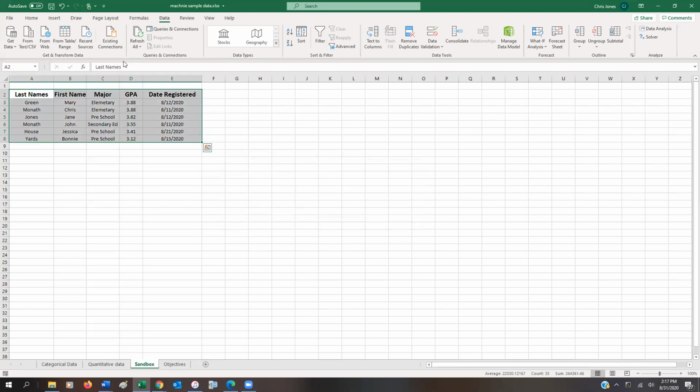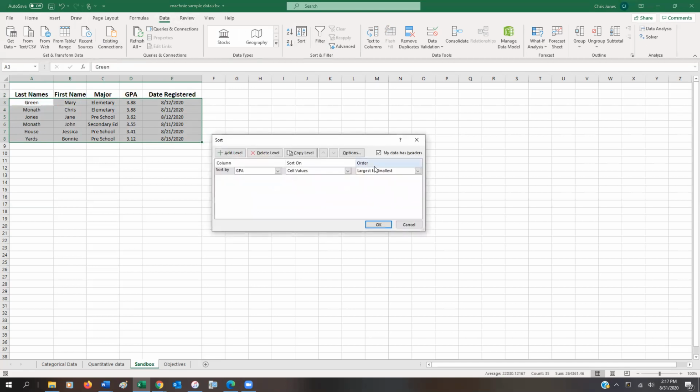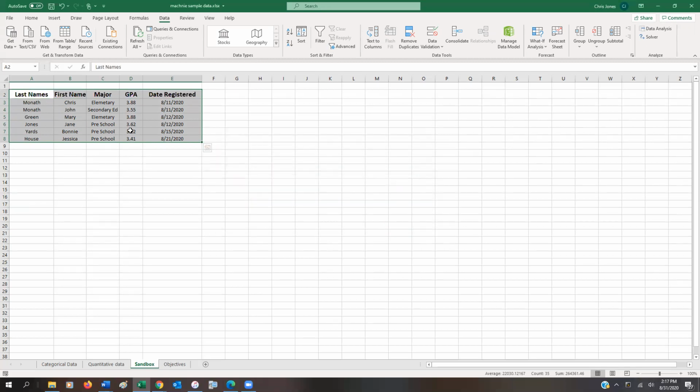We could sort by date registered. All right, so we can go here, we can go to data, and we can sort, and we can go to by date registered, newest to oldest, oldest to newest. Let's just say oldest to newest, so that way we can see the first and last people to register for our data. All right, so hopefully that's helpful for just a basic overview of a few things. Now we are going to talk about some of the other sorts of operations we can do a little bit later, but for right now, this is just going through and talking about some basic sorting, some basic cellular operations, etc. One other thing that I'd like to do is I'd like to show you how to cut and